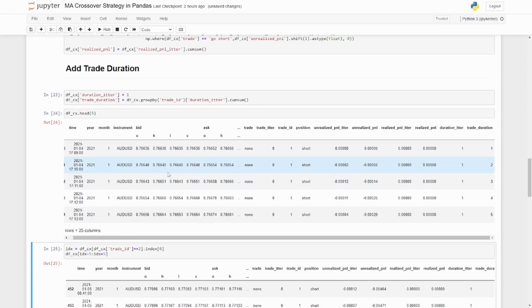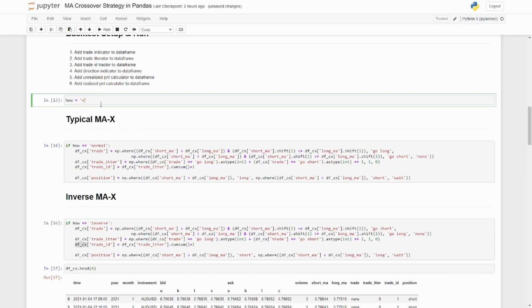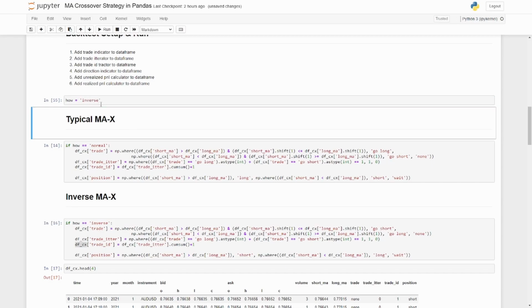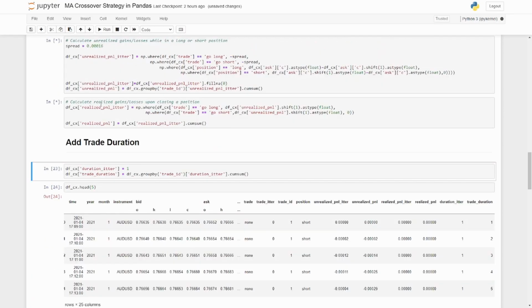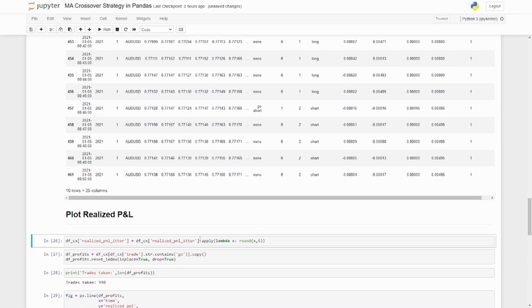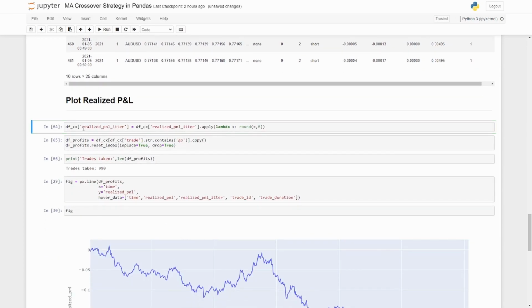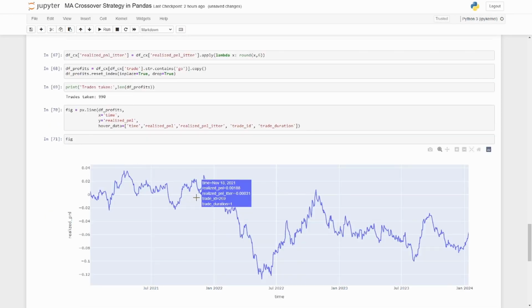So we'll close this. We'll just come back up here. I'm going to change this to inverse. We'll just go through these fast. And Python's quick. It calculates this backtest super fast, right? So we'll just come here. We're already here at the point of looking at our data. So we'll just look at it as a plot, actually. I won't give a spoiler. So now we have a plot, and this is the inverse. And the inverse is showing us